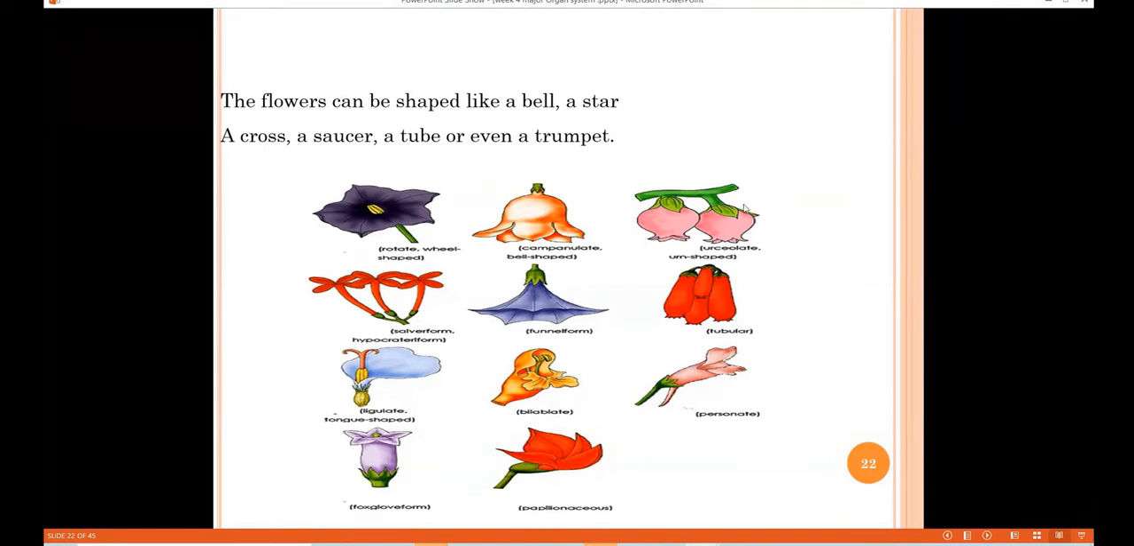And also the purple one, the one in the middle. Yeah, and the first. This one? Yeah, it is a funnel form. The first one is a funnel form. Very good. Okay. So these are the ones, but the common ones which we know are the sunflower, the rose,